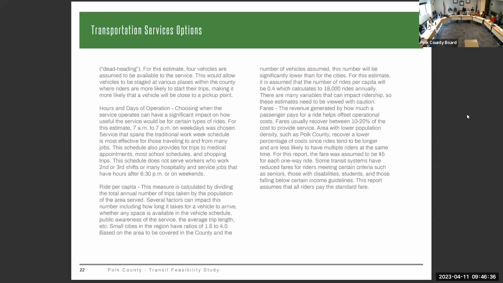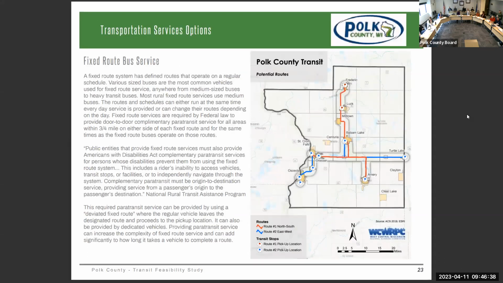The other option we looked at is fixed route service, which would be similar in some ways to what they have, the Bay Area Rural Transit up on the North Shore. They run fixed route service in a rural area, so we looked at that model. The advantage there is that when the buses are going to be there, it's a known factor. With shared ride taxi, particularly when you're running with few vehicles, you don't necessarily know exactly when it's going to be there. With fixed route, you get to the bus stop, you know when the bus is going to be there, give or take.